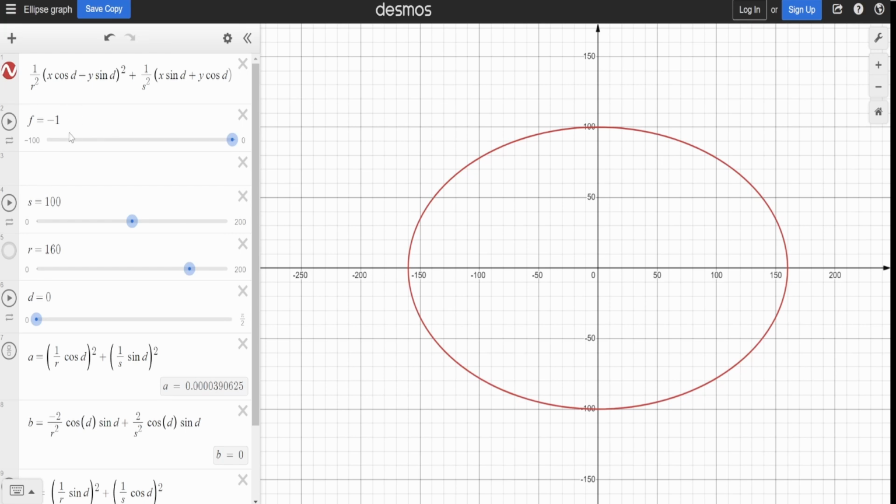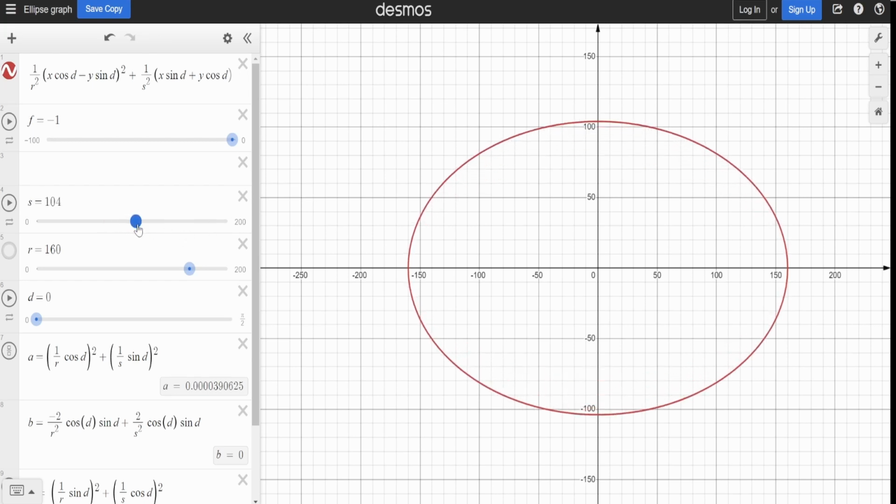You can see I've set f equal to minus 1 here on a slider so that we can play with that. And I've also got this r and s that I was talking about. These actually turn out to be the semi-major and semi-minor axes. So for example, r is this length here. If I fiddle with that, you can see it changes the width of the ellipse. And s is this height here, and you can see that if I fiddle with that,